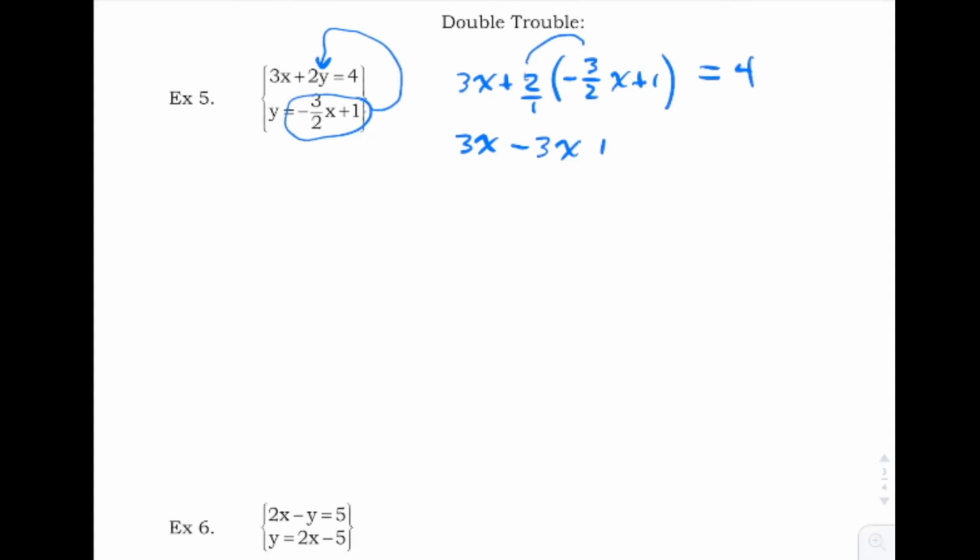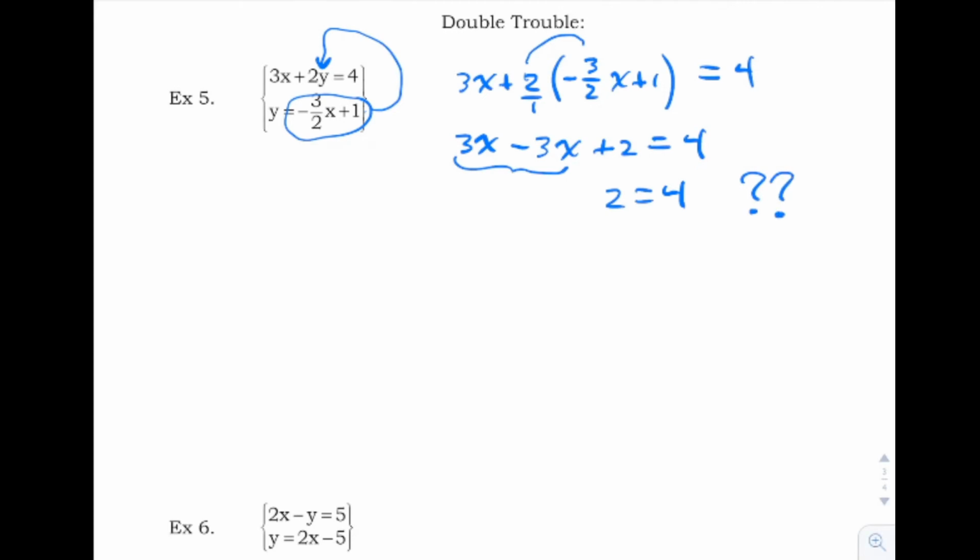2 times 1 is 2, of course, equals 4. And then here's the thing. 3x minus 3x. Now it's funny, sometimes I see people say, I don't want to lose my x, and so they'll just put an x there. Well, 3x minus 3x is not x. It's nothing, right? It's 0. It's not there anymore. There's no x. So your equation just looks like this: 2 equals 4,